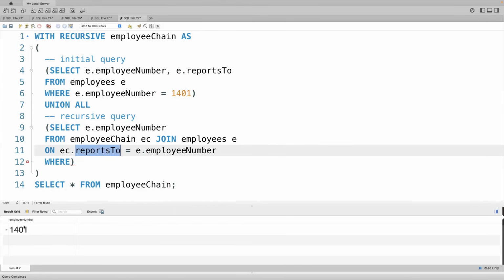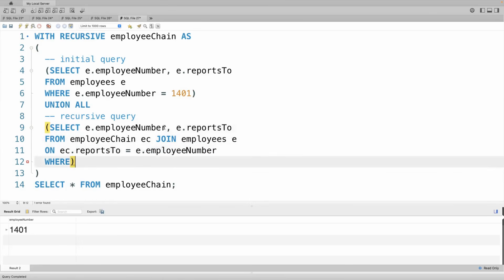So the last employee number was 1401. So they have a certain reports to. Take the reports to number, join with the employees table, get the data for the employee whose employee number matches the reports to, and then for that employee, get the employee number and reports to, right? So we're joining with the same table. That's why this may seem a little difficult,